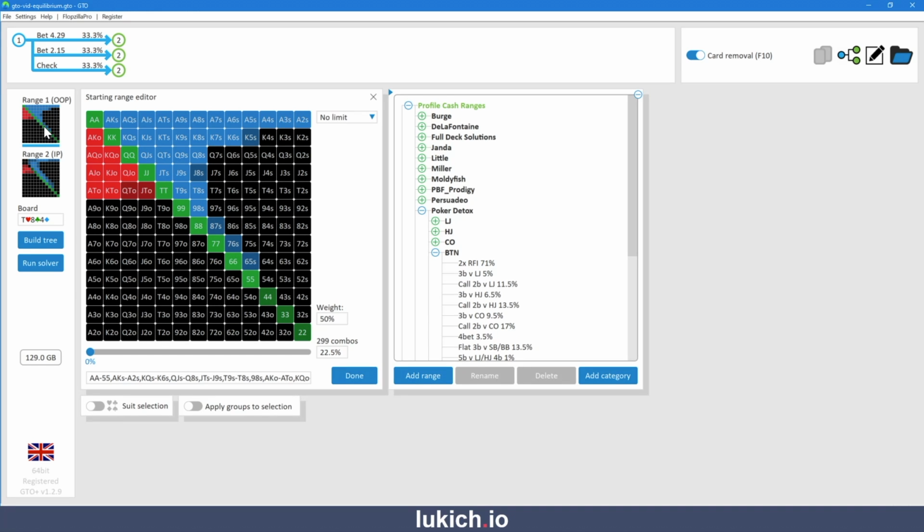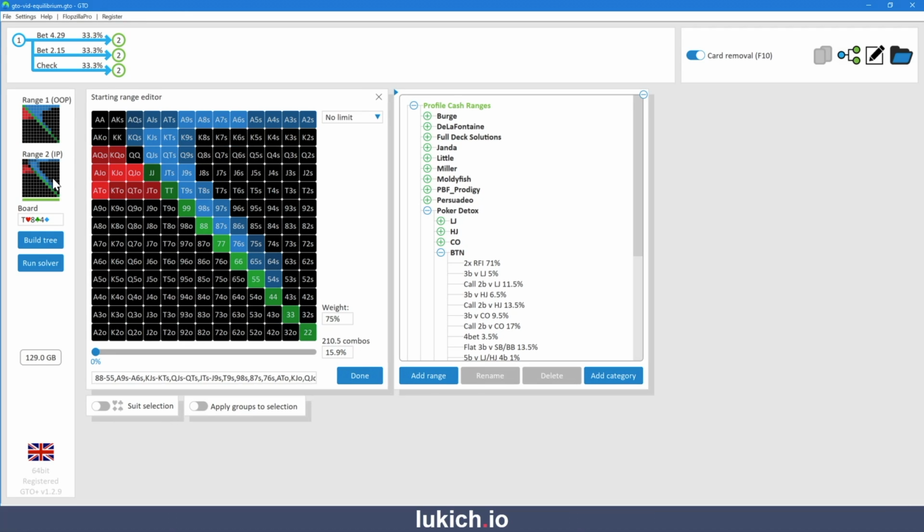I chose to model a 6 max online game where the middle position, or the hijack, opens, and that's us with this range. So just under 300 combos, about 22.5% of range. Probably could be plus or minus a few percent here and there depending on the player, but this is an approximate range I might be opening the hijack with in an online 6 max game with 100 big blinds,